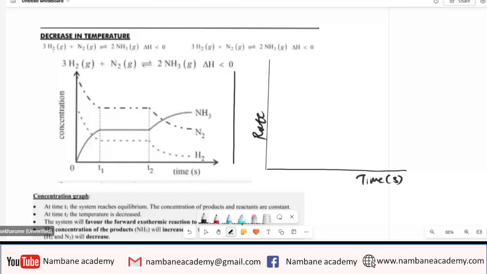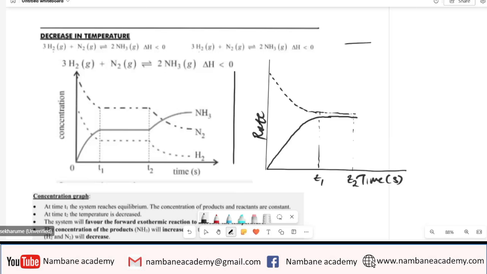So now the forward reaction will be this one. The reverse reaction will be the solid line. So now until T1 the system was at equilibrium, and between T1 and T2,